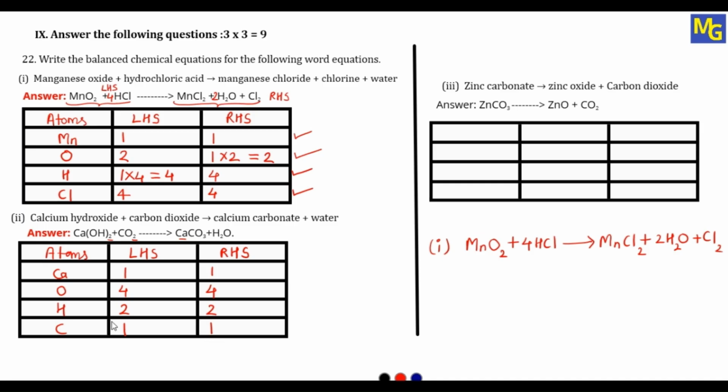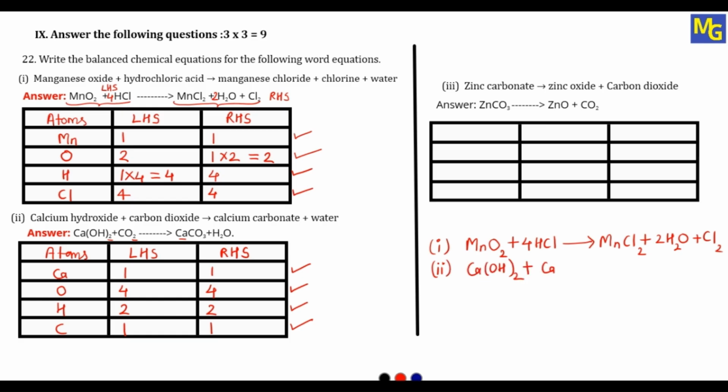So if you see this table, calcium on both sides is 1, 1, balanced. Oxygen 4, 4, balanced. Hydrogen 2, 2, balanced. Even carbon is 1, 1, balanced. So this reaction is already balanced, no need to balance the reaction. We'll write it. So our equation is